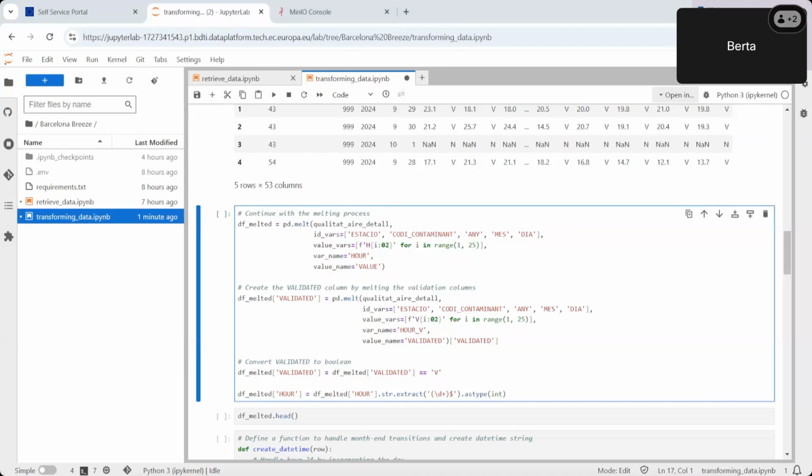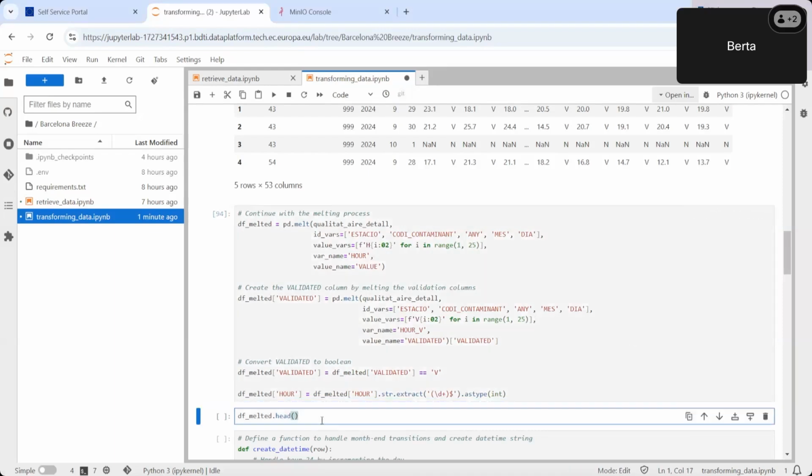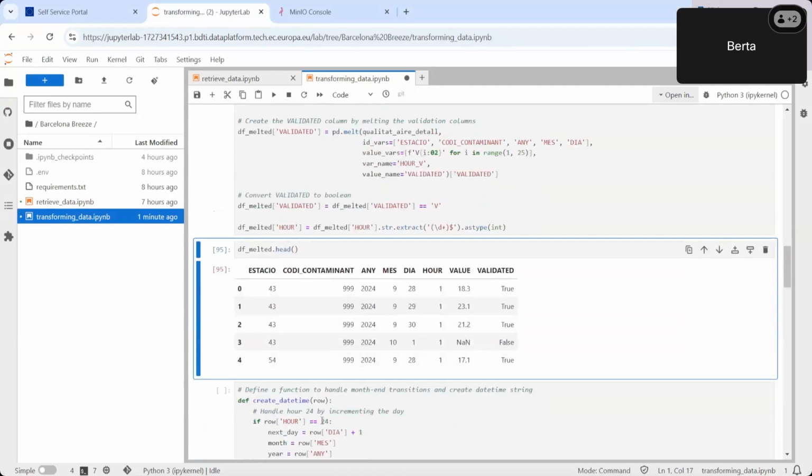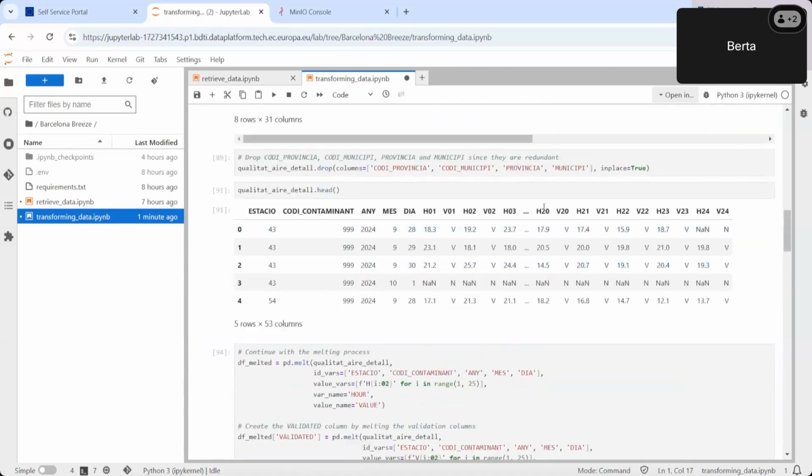And now we have reshaped it to a long format where we have one row per observation, and this will include the station, contaminant, value, validation status, and the timestamp. And yeah, let's just execute this and see what it looks like. Now we have the pollutant and the hours. Each hour will be in a separate row instead of how we had it before, structured like this.